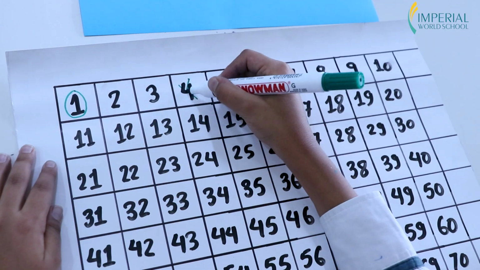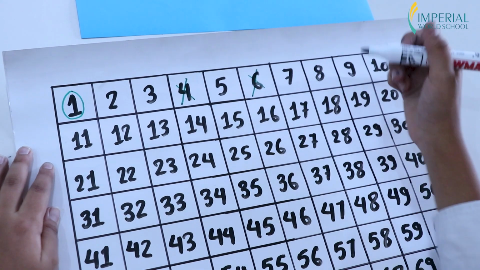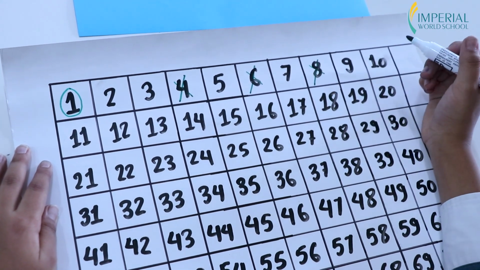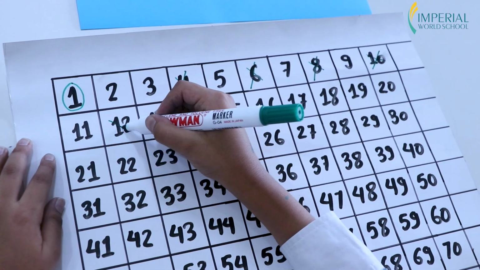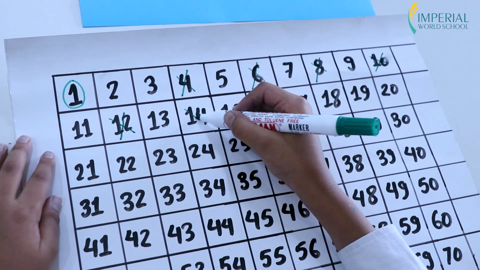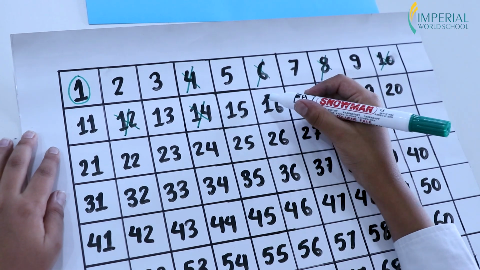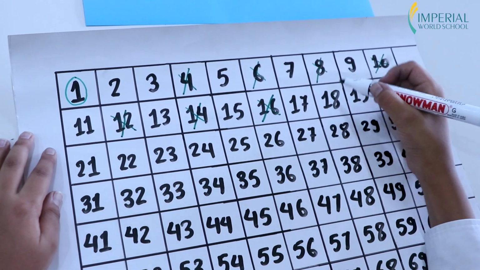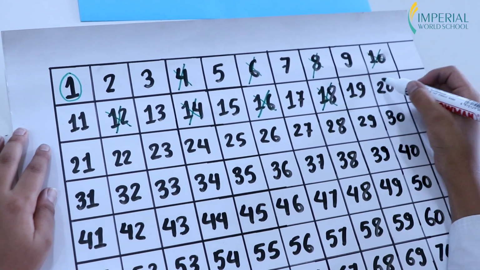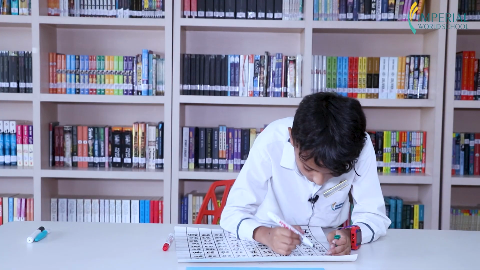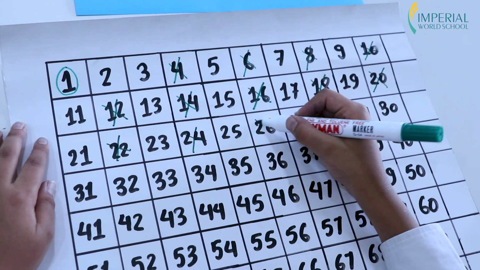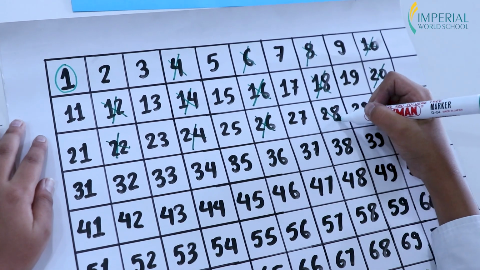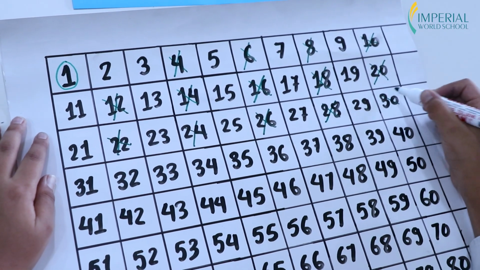4, 6, 8, 10, 12, 14, 16, 18, 20, 22, 24, 26, 28, 30,